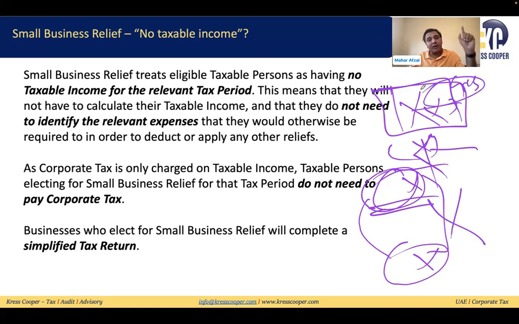This gross revenue we have already discussed. This gross revenue includes exempt income, taxable income, any income globally from the business and business activity, and the fourth thing that we discussed, any income from the sale proceeds. This is the gross revenue. This gross revenue they need to consider. They need to assess whether they can opt for the small business relief or not.